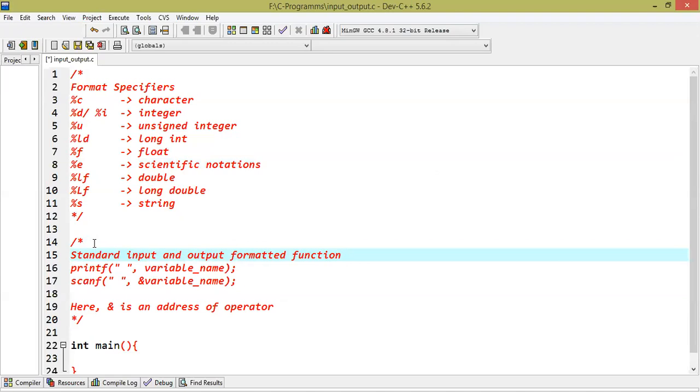Formatted function means when you're going to take input, we need to tell the compiler what type of data you're going to take as input, and when you want to display the value of any particular variable, then also we need to tell the compiler what is the format that I want to display of that value. So all those formats are specified with the help of format specifiers in the C programming language.